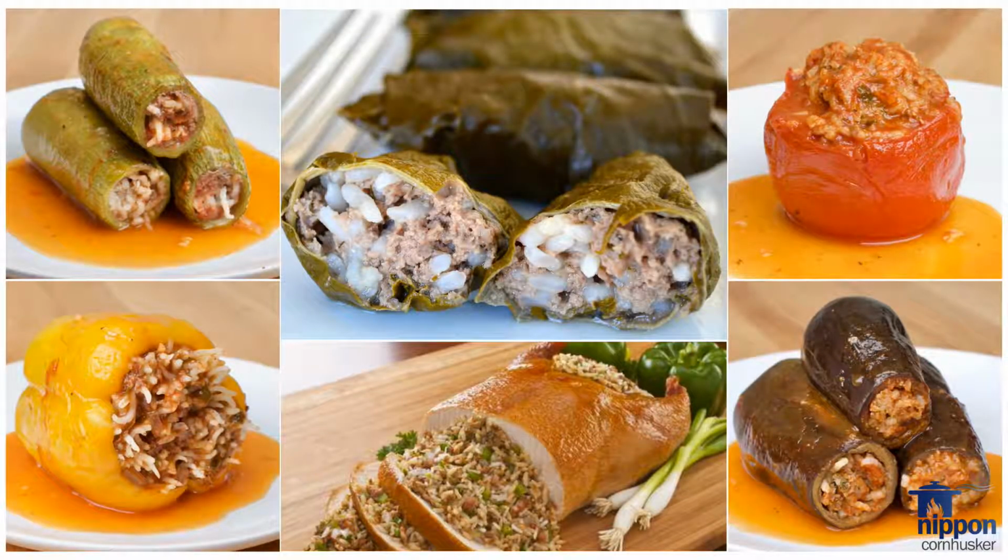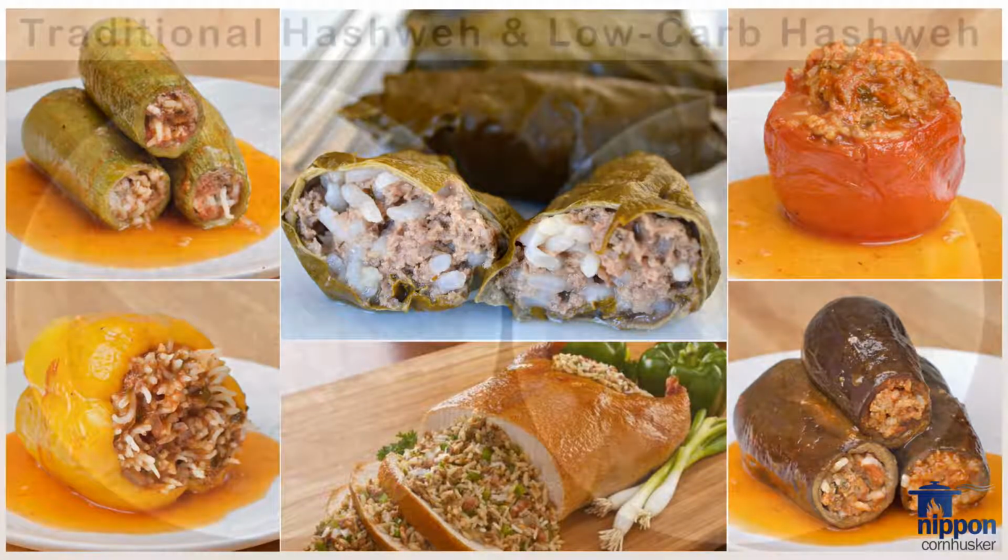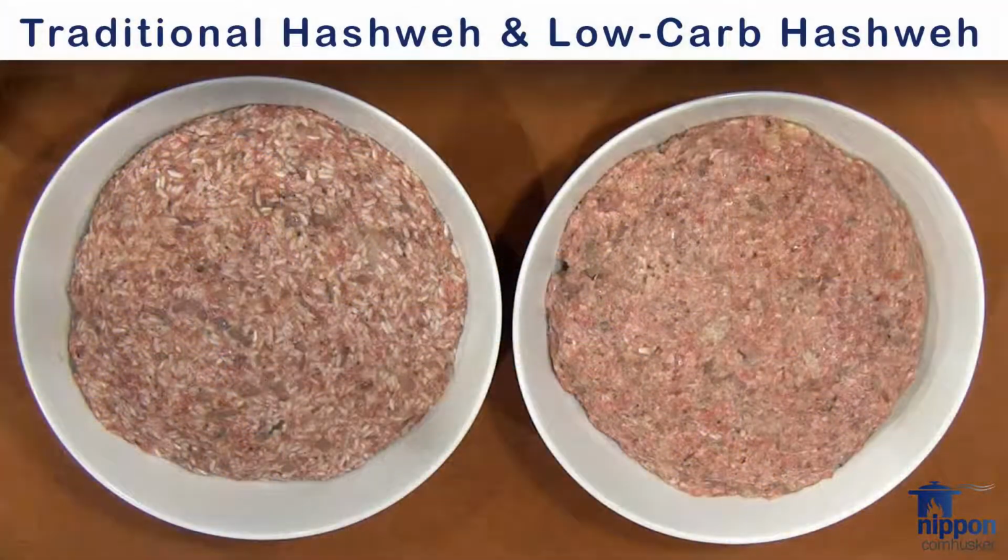Basic mixtures of rice or stuffing made with rice, chickpeas, or bulgur wheat form the foundation of many Lebanese dishes, and the one I'm about to show you is used in making stuffed grapevine leaves, a variety of stuffed vegetables, or even used as a stuffing for poultry. In this video, I will show you how to make two versions of this meat and rice stuffing, or Hashweh